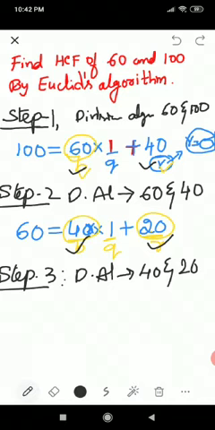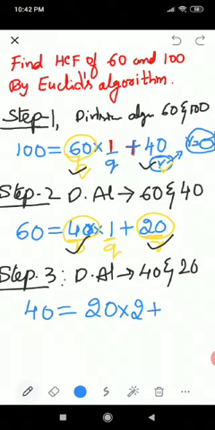Okay. So division algorithm for 40 and 20. How can we write 40 and 20 as division algorithm? In division algorithm, 40 is equal to 20 into 2. 2 twos are 40, and here the remainder is 0. So in each and every step we have to observe the remainder. Here the remainder is 0, so the procedure stops here.